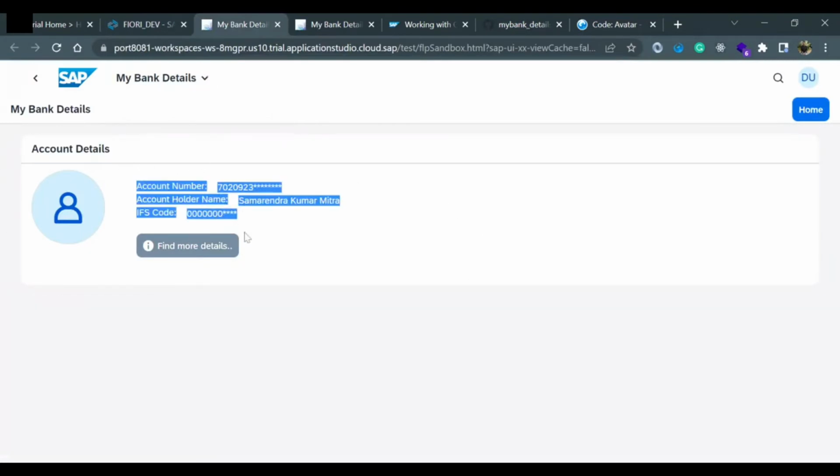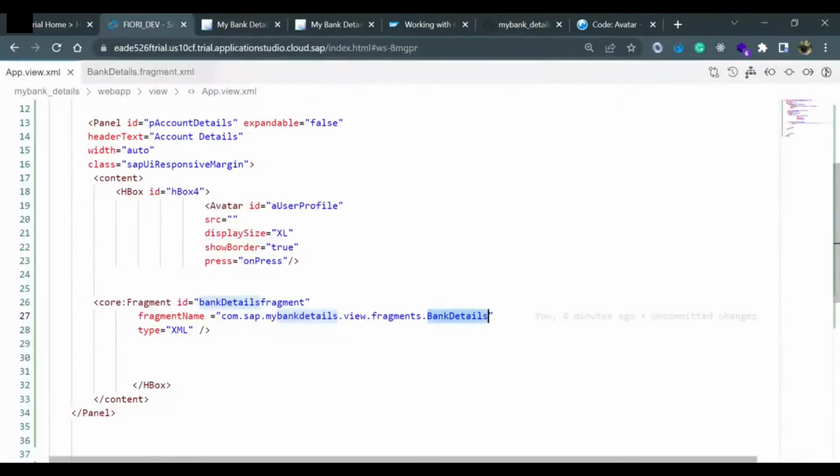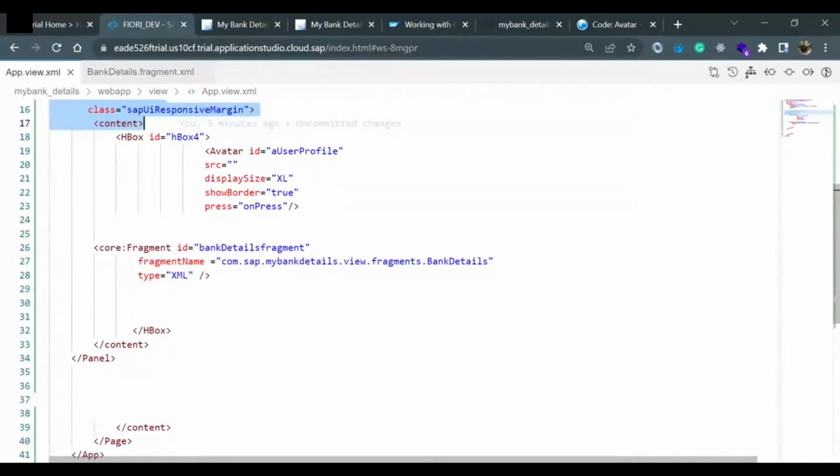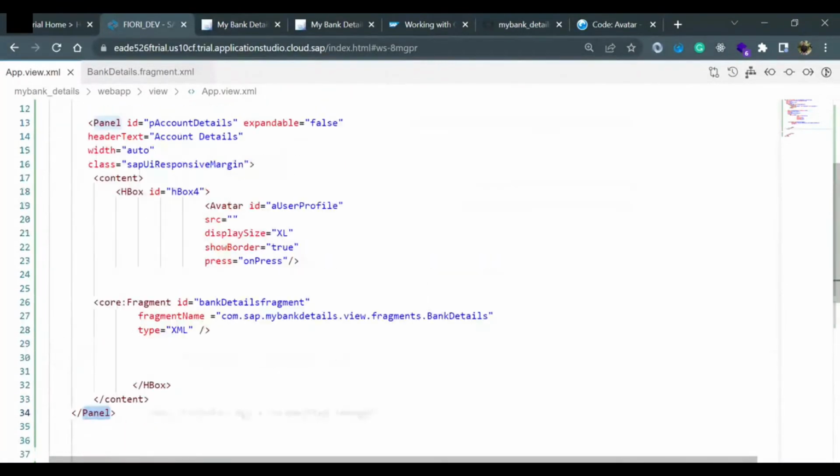Right now we have only these values, but I can put this panel and this avatar too. Both things we can keep inside the bank details. So you have to know how we can do that alignment. First I can remove this panel part from content, because it is from content to content and panel to panel. So I can remove this part. I can cut